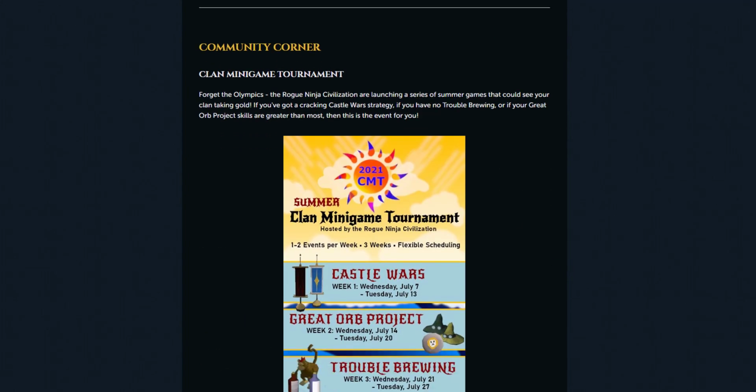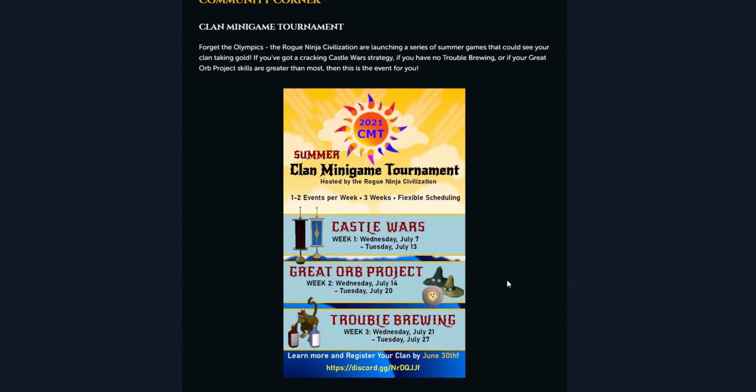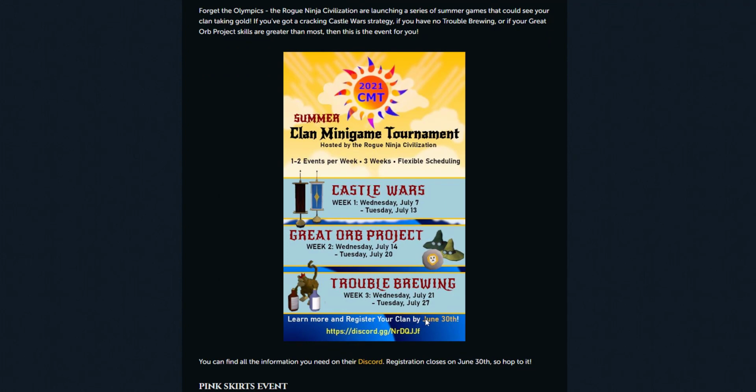Oh, community corner, the clan minigame tournament. Forget the Olympics. The Rogue Ninja Civilization are launching a series of summer games that could see your clan taking gold. If you've got a cracking Castle Wars strategy, you have no trouble brewing, or if your Great Orb Project skills are greater than most, then this event is for you. It's hosted by the Rogue Ninja Civilization, 1 to 2 events per week, 3 weeks, flexible scheduling. The first week is going to be Castle Wars, beginning next week and ending the week after. Then there's the Great Orb Project, then there's Trouble Brewing, and you can register your clan by June the 30th, which again,